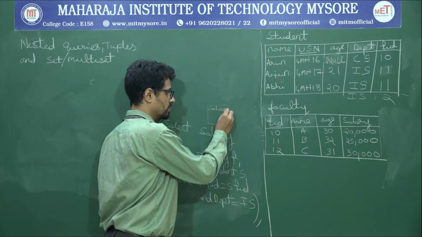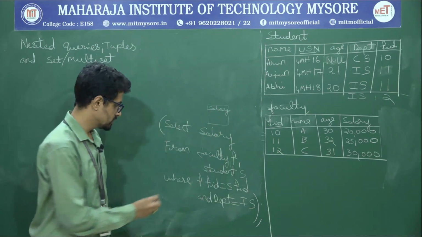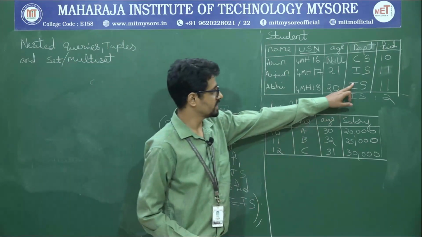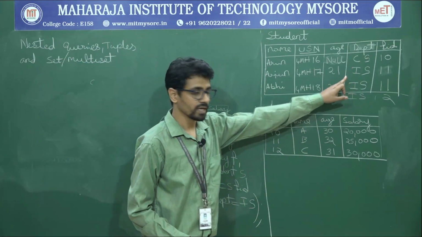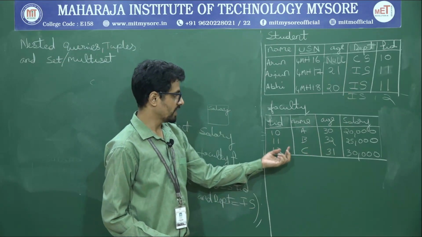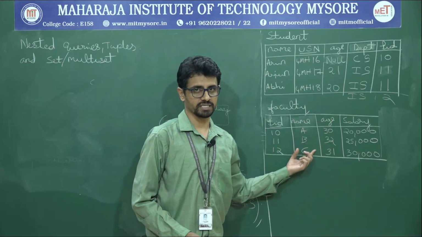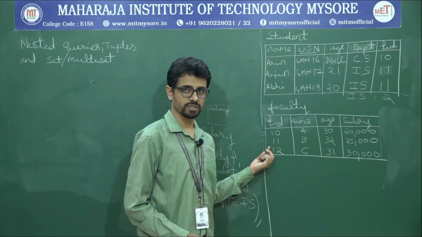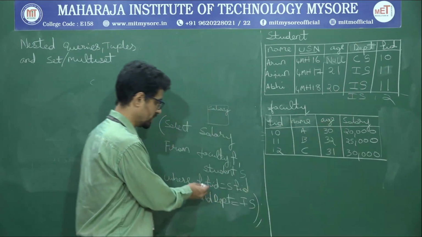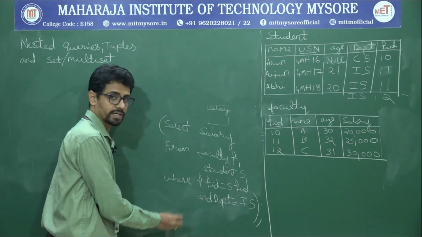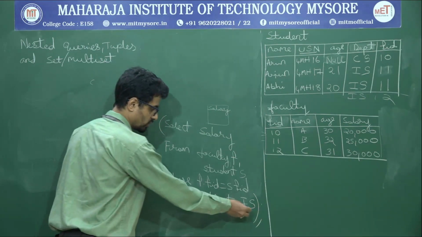Only those salaries from the IS department. To get the IS department salaries, the department details are stored in the department table, and faculty names and salaries are stored in the faculty table. So the first thing I need to do is create a relation between these with the help of FIDs, primary key and foreign key. So I have joined it. I'm using the AND operator, and I'm giving the condition where department equal to IS.